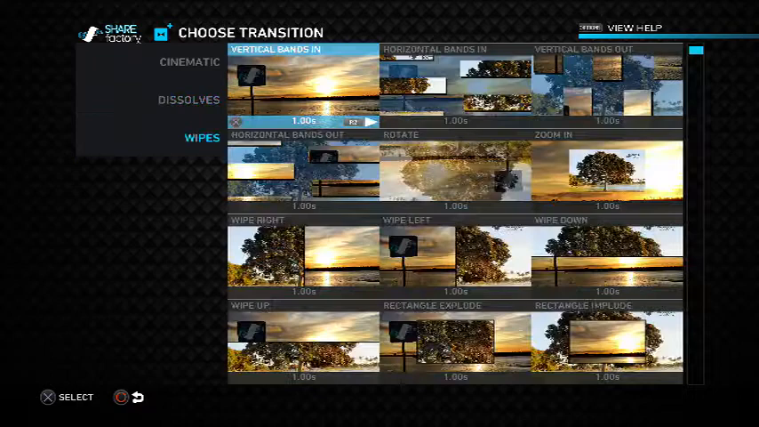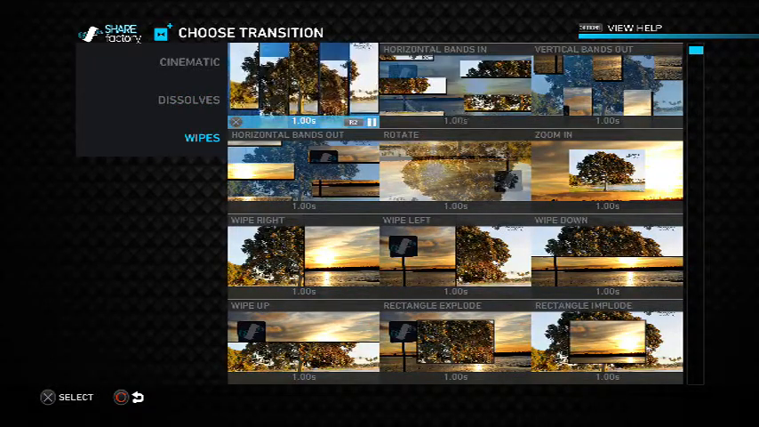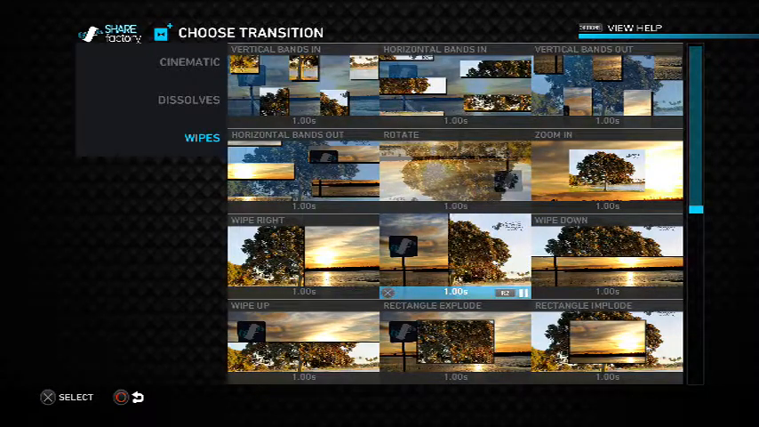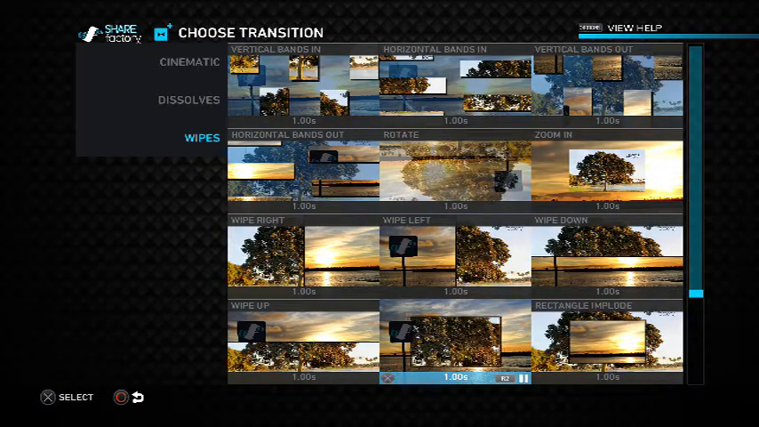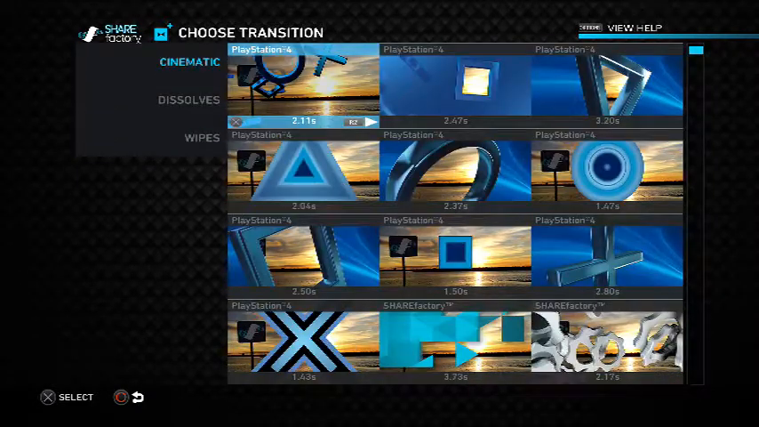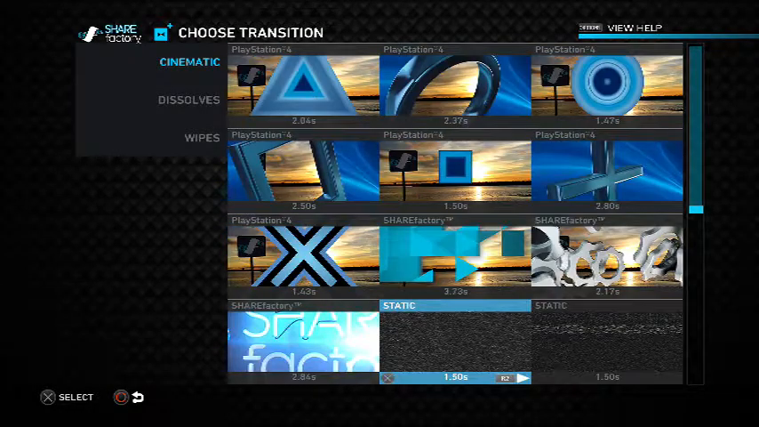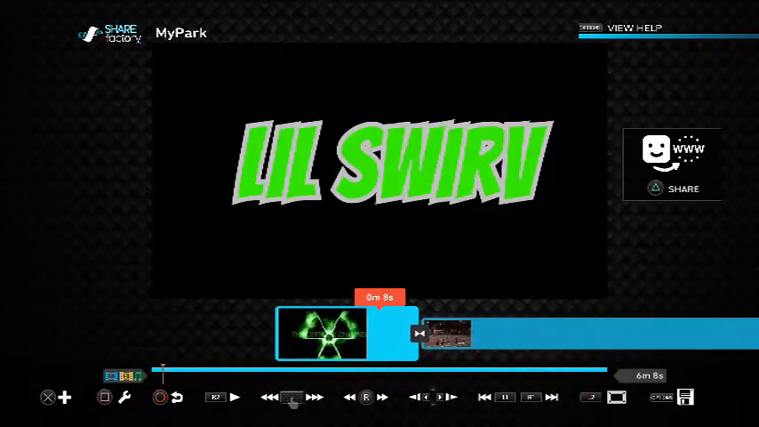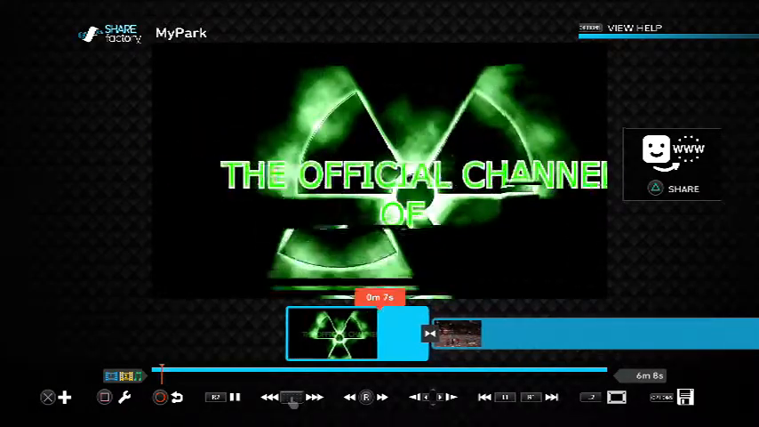And there are also wipes, as you can see, where you can have different parts of the screen come together in different ways, or be revealed in a different manner. I like the cinematic ones the best, so I'm going to choose that one. And if I press X on the static one, which you've probably seen in one of my videos, it's going to say that adding a transition will shorten the overall project length. You're going to say confirm, because it's only going to take about 1 or 2 seconds away from the overall project. So now, when my intro gets done,